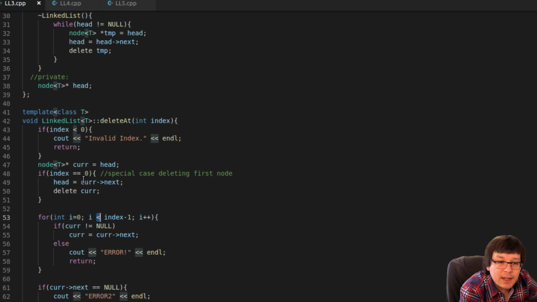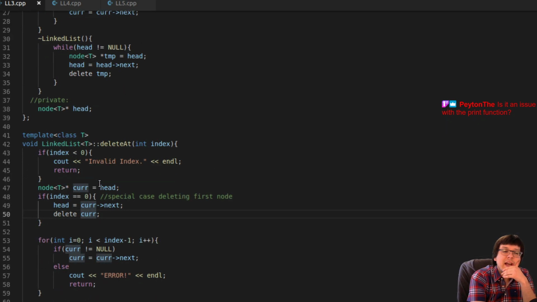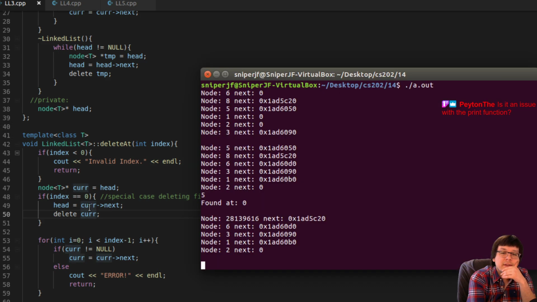So that is coming from here. Head gets cur next, delete cur. It could be an issue with the print function, but I doubt it.